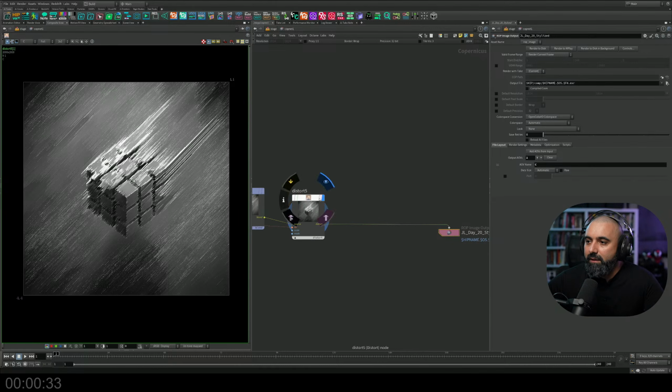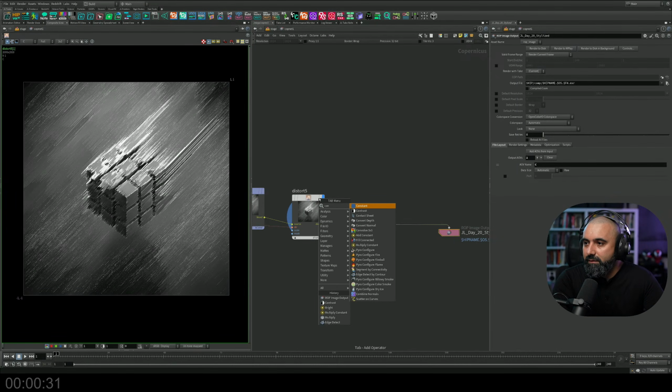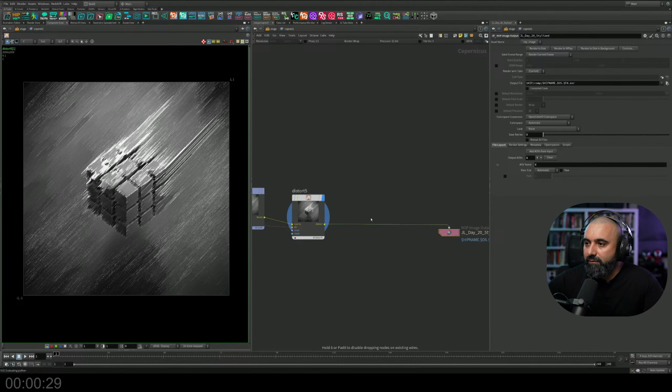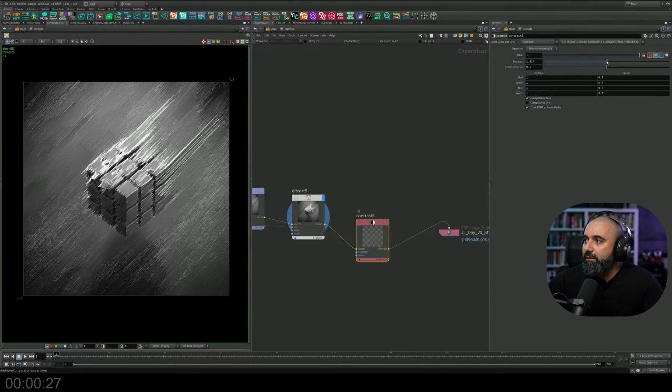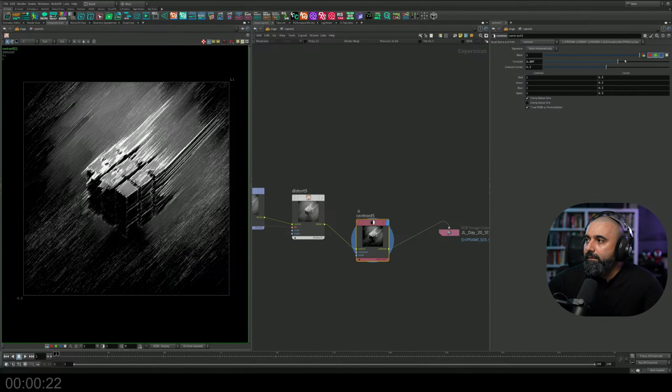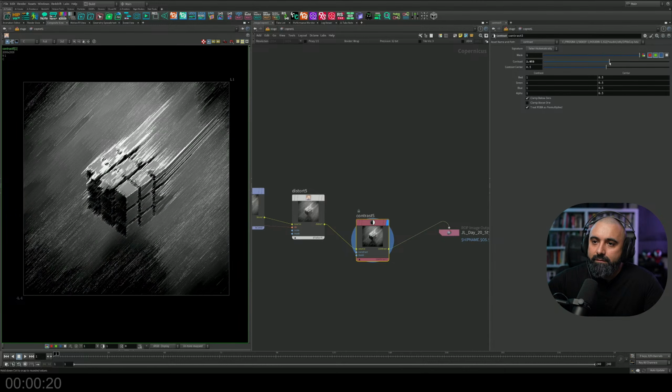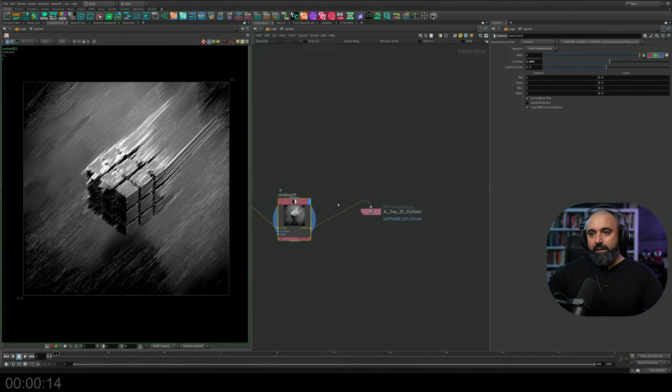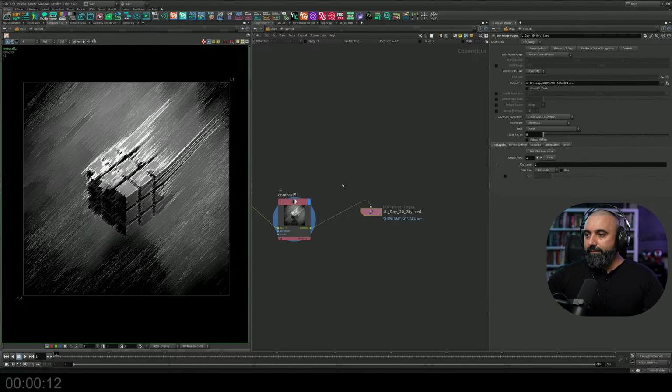All right, and then we'll add one more thing, a contrast at the end, because we changed our lighting. That's too much. Okay, cool. So this is pretty much the final